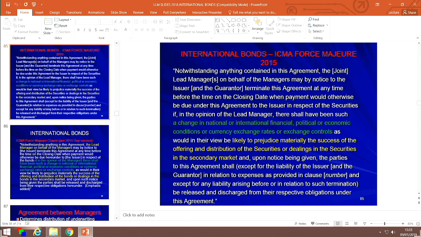The answer is yes, I think the lead manager would like to have that right, a kind of nuclear button once again. Never used so far, but that's not to say it won't be used, but it is virtually an insurance policy for the lead manager in order to pull, use a market word, to terminate the bond issue, if it so wishes to do it because of market turbulence.